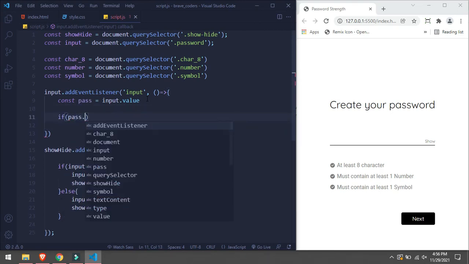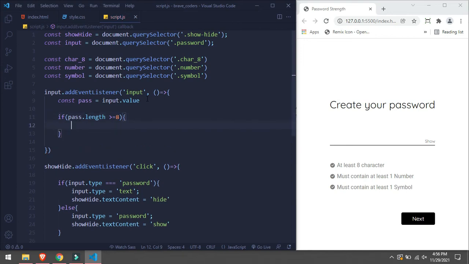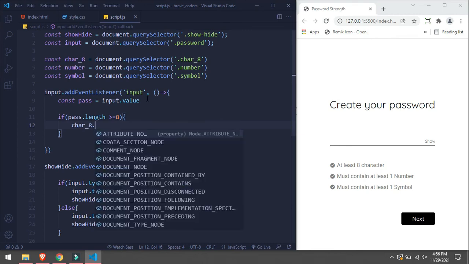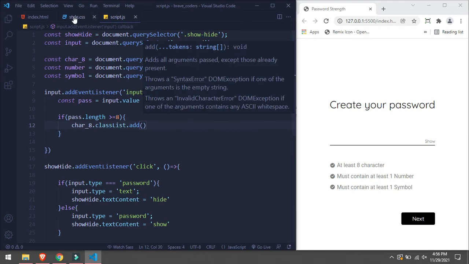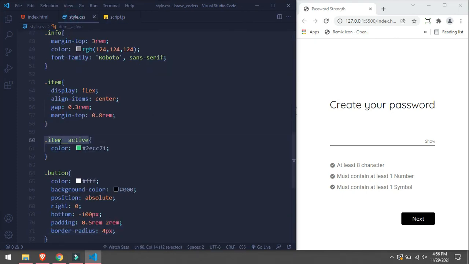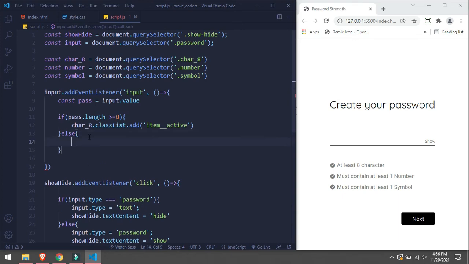Now we will say if pass.length greater or equal to 8, if it is 8 characters long or greater, then we are going to take our char_8.classList.add. We are going to add this active class, item active. Else, if this is not the case, then we are going to remove the class.